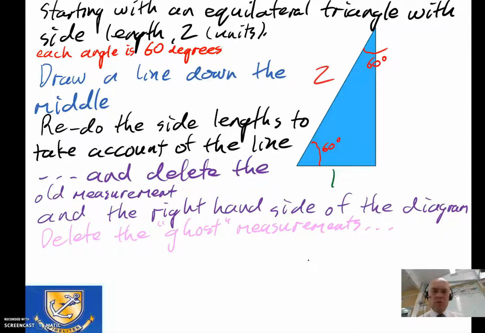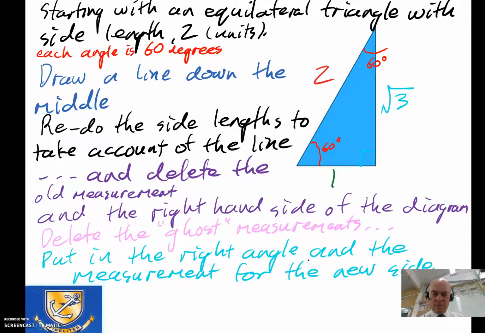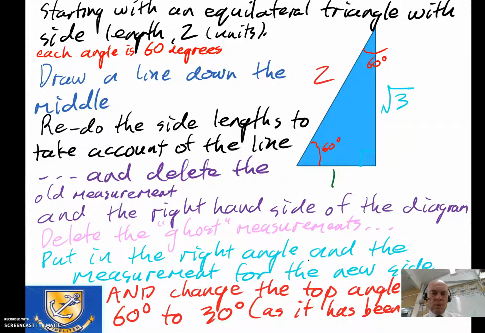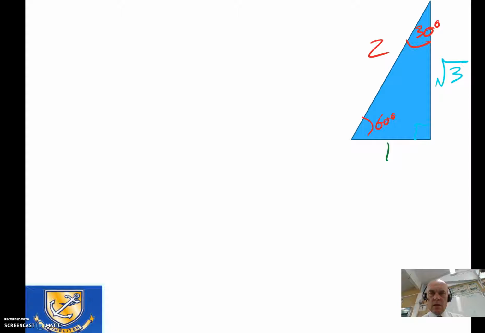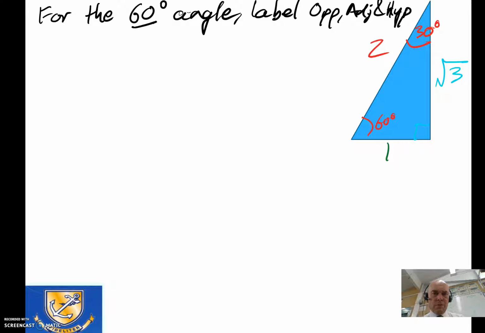We'll delete the ghost measurements, put in the right angle and the measurement for the new side, and the new side is going to be the square root of 3, because 2 squared is 4, has to be equal to 1 squared, which is 1, plus something squared, well, that will be square root of 3. And change the top angle from 60 degrees to 30 degrees because it's been halved with the action of slicing. So move the thing right to the top,